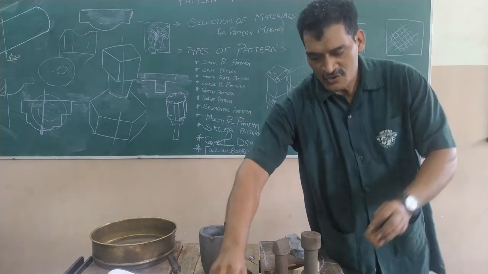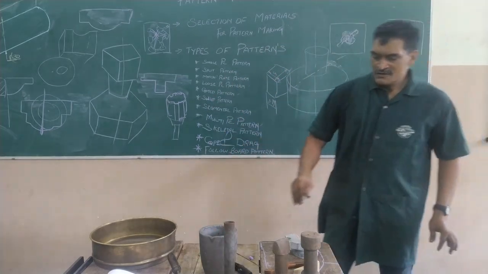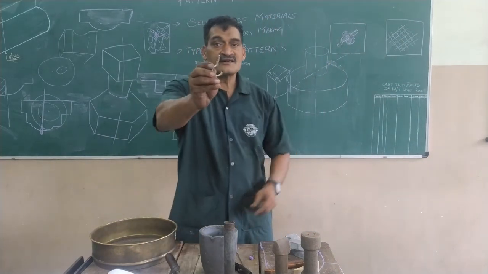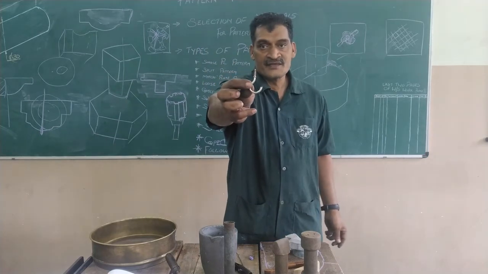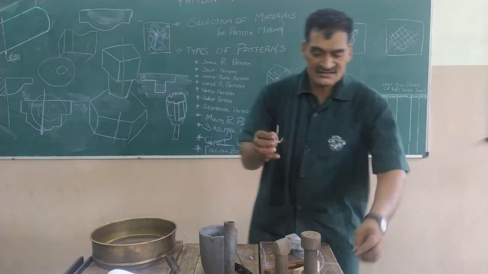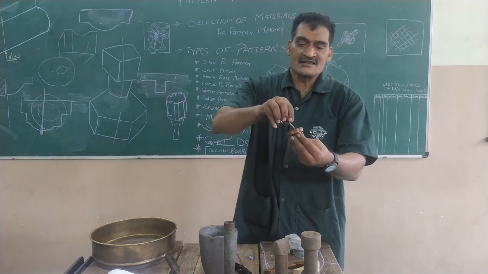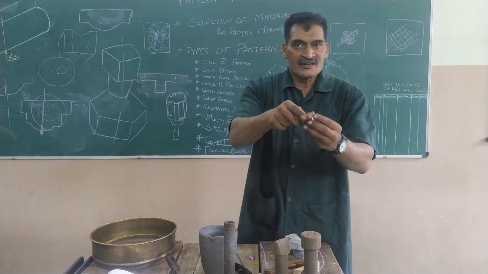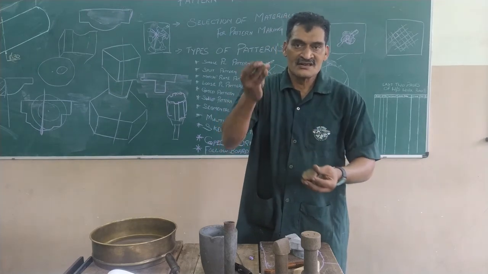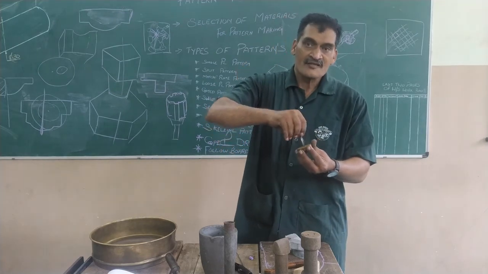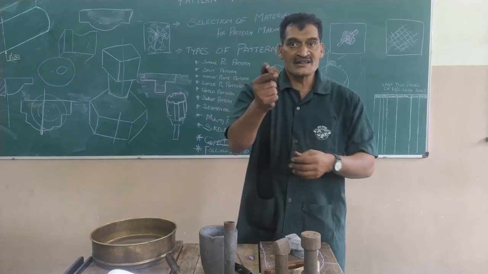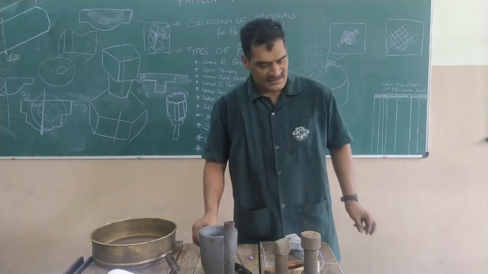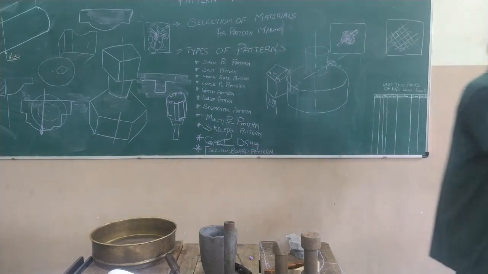Clear? Okay, now, besides the vent rod, we have the drag pipe. The drag pipe is used for removing the pattern from the mold. We cannot remove this with fingers. We've got to use a drag pipe for withdrawing the pattern from the mold. Okay, this is your drag pipe. Besides this, we have